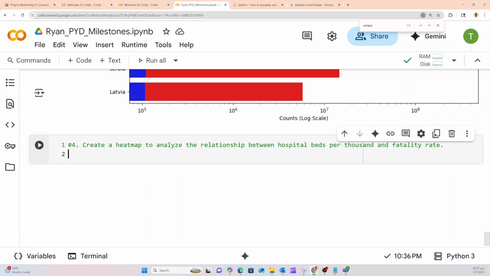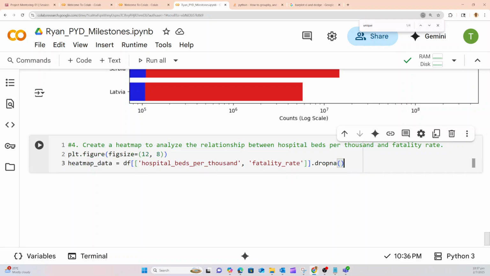So create the heat map data between the hospital beds per thousand and fatality rate, create the drop by.